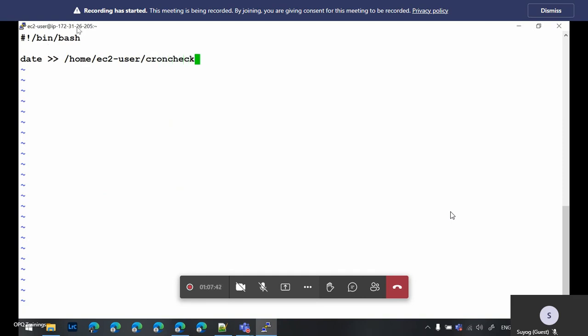What the script will do is it will just run the date command, which gives me the time and the date, and then it will store the date to this particular file, cron check. So if I save this file,